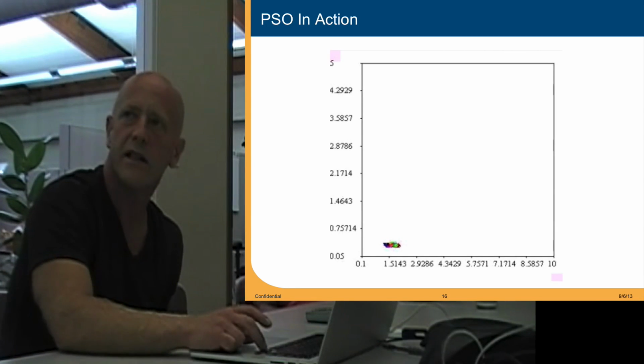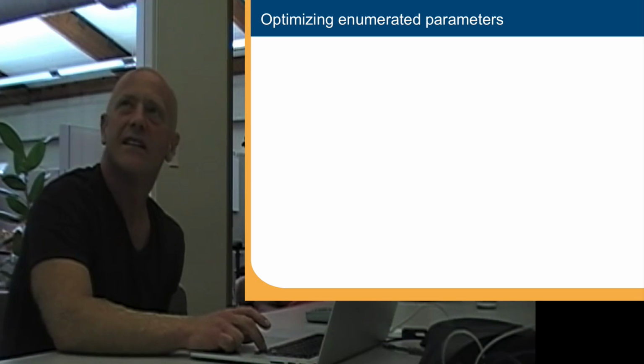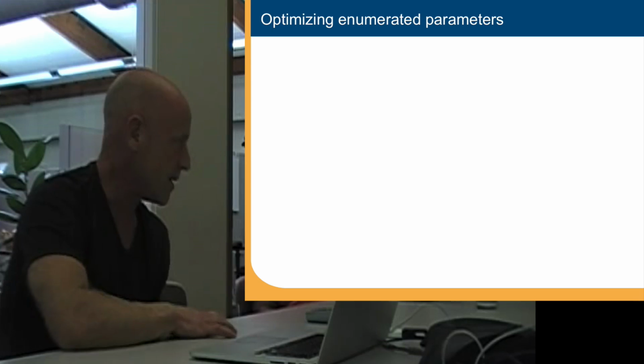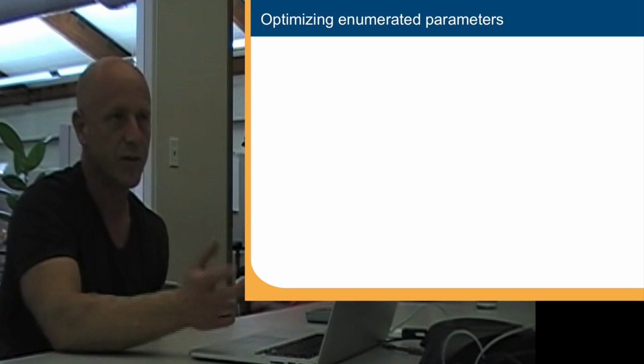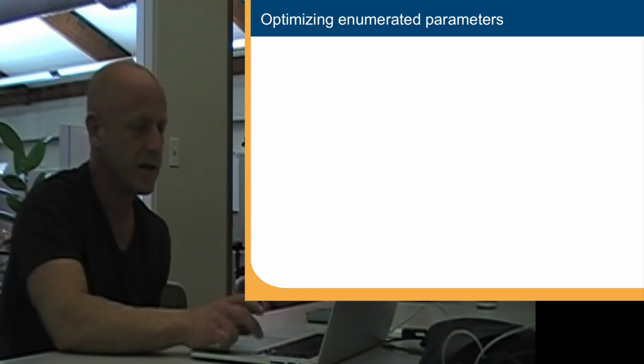In the real world, they don't always do that, but it does pretty well in most cases. Okay, so that was how we're finding scalar parameters. Now I'm going to talk about enumerated parameters. This would be an example of,